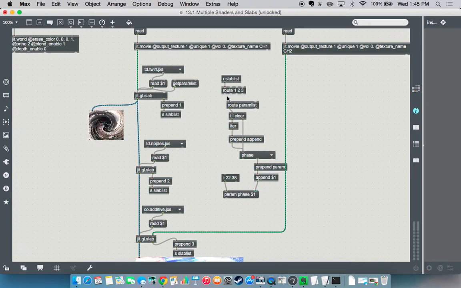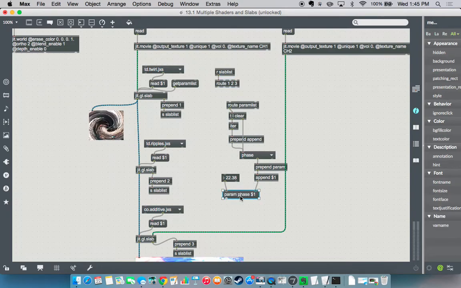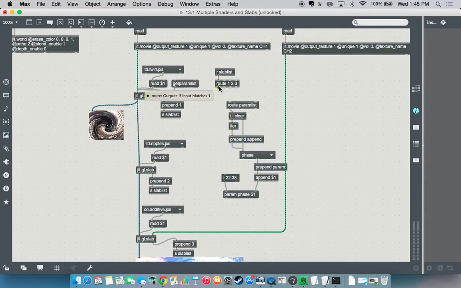Now, whether it comes out of 1, 2, or 3, we're just going to use that to determine where this message down here goes to, right? We don't need to separate out anything in this middle part. So all 3 of these outputs, if it matches 1, 2, or 3, can go into this route object